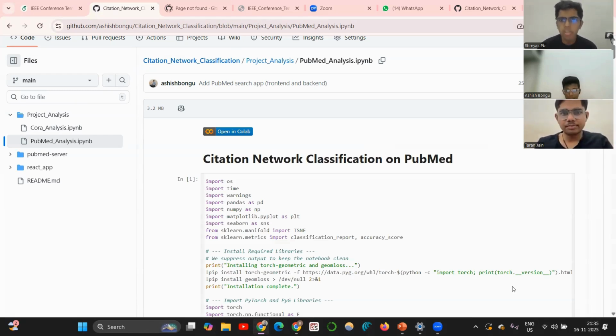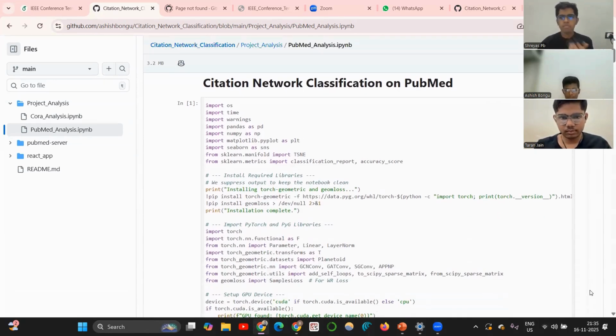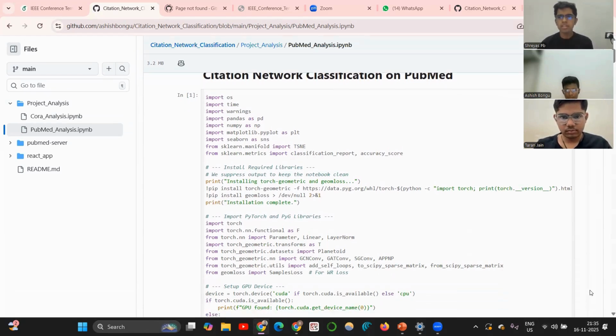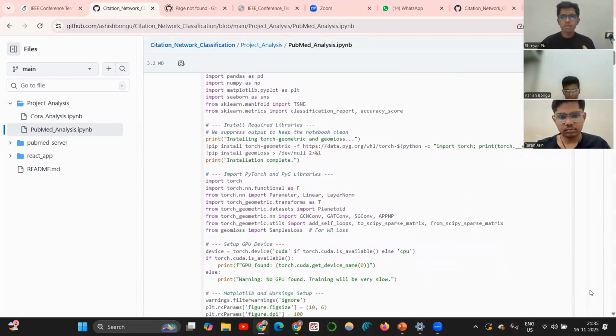Hello, sir. Now to begin with, we import all the essential libraries required for this project. You can see pandas and libraries like PyTorch and PyTorch Geometric are used for building and training graph neural networks. And then coming to the second block,